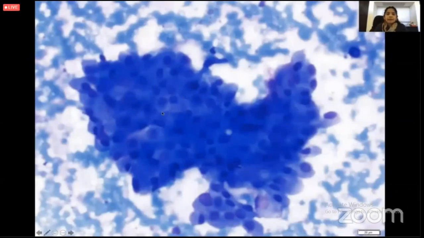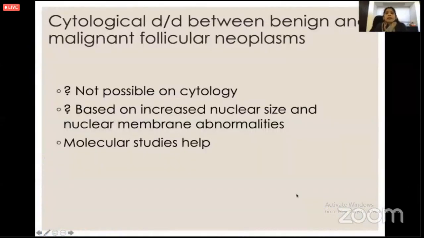So that's more coming with an edge, a bit more abundant cytoplasm, and you can appreciate them on that. So you can sometimes have few Hurthle cells. So the differential diagnosis between benign and malignant sometimes is not possible on cytology. It's quite often based on the nuclear size, nuclear membrane abnormality. And if I am in a dilemma, then of course I tend to do the molecular studies,